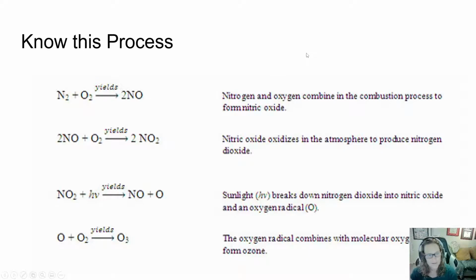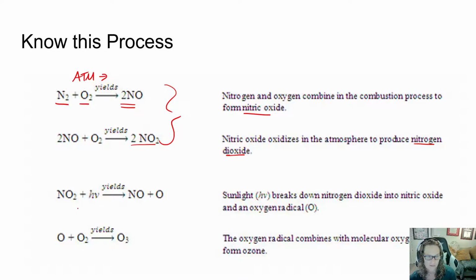Okay, it's kind of important to know the chemical formation. It has been on the test before, just knowing your little reactions of what happens. So remember, N2 and O2 exist in the atmosphere naturally. So this naturally happens, this formation of NO, nitric oxide. And then that nitric oxide combines naturally with the naturally occurring oxygen, O2, and it will give us that NO2, two of them. And so that's nitrogen dioxide. So this is all totally naturally occurring.